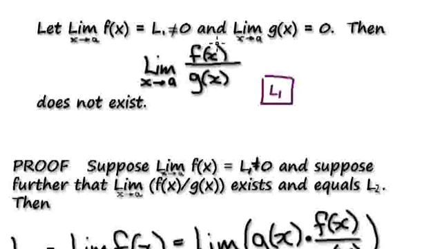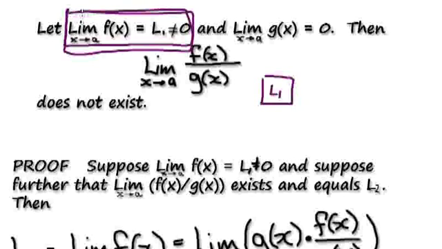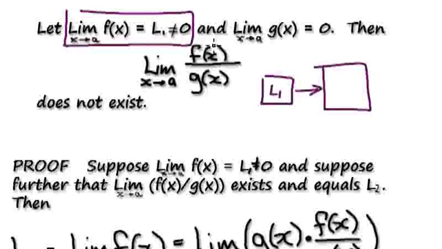Now, in order for us to have a theorem at all, we insisted that this has to have a limit, and that limit cannot be 0. That's in order for us to have a theorem at all, we insist that this must be true. This thing here has to be true in order for us to have a theorem at all. So with proof by contradiction, we set up a statement here: L1 exists. And then when L1 exists, we have a hunch that this thing here,